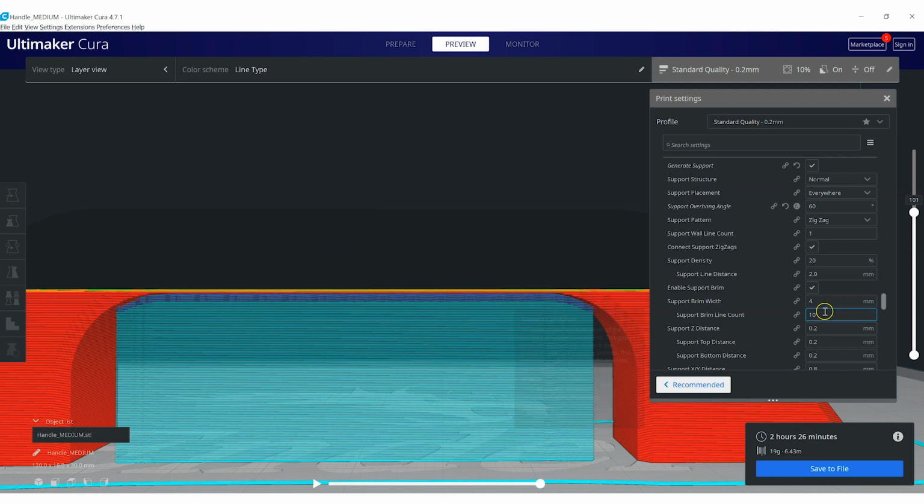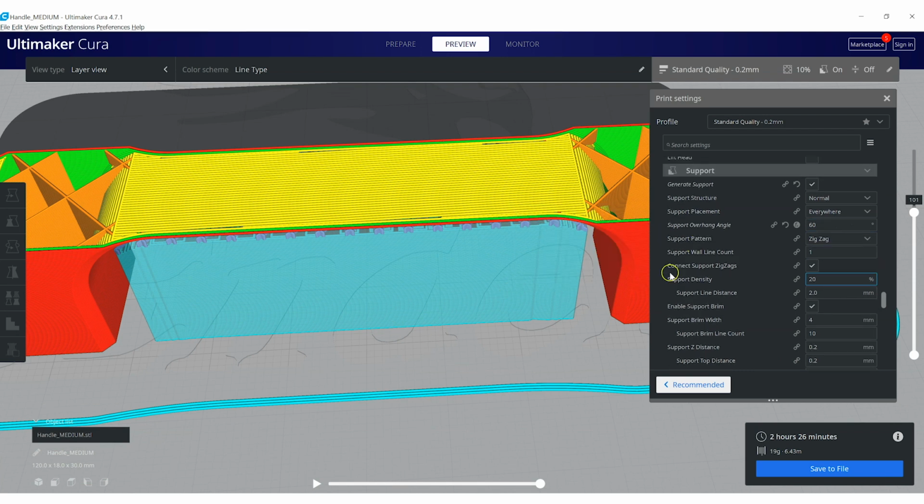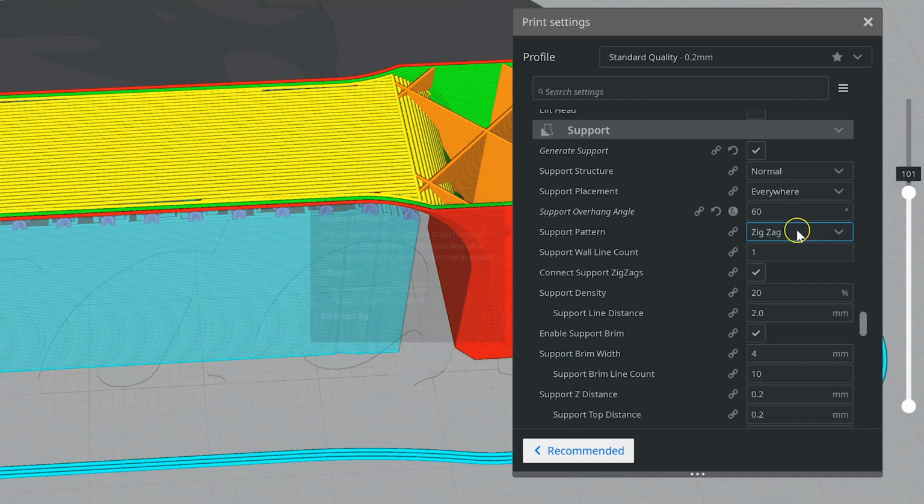And then if we're printing too hot or if we weren't using cooling here, these would actually bond together very well, and then peeling off is going to be a nightmare. So that's how you would slice for supports. And again, there are many options that can be configured here for supports. One of them is a